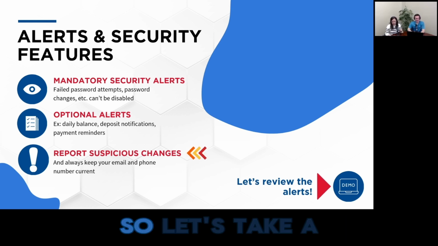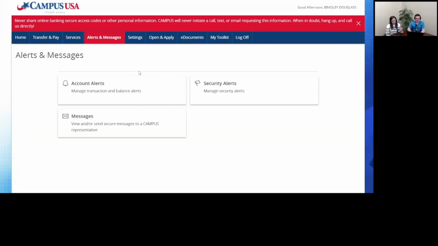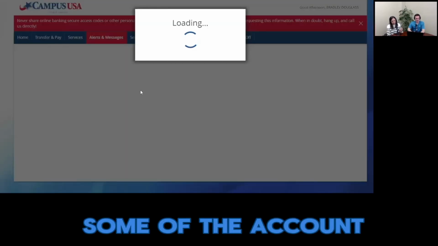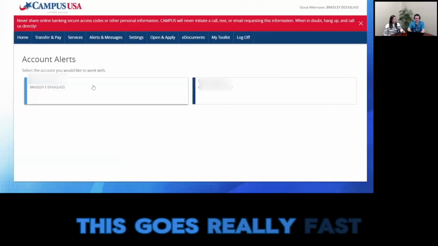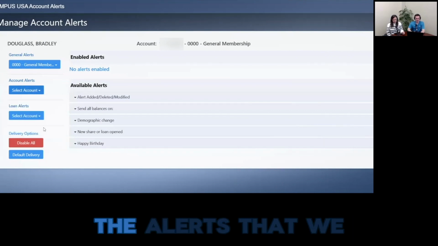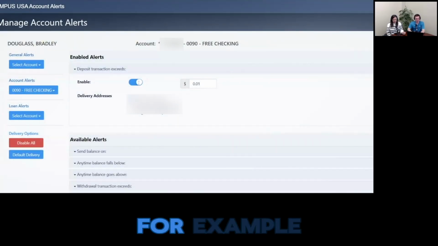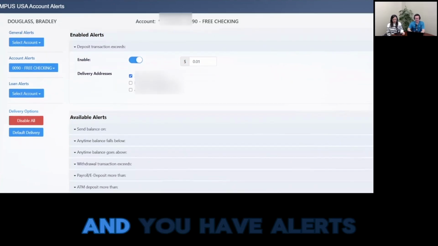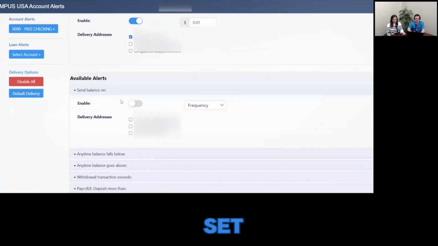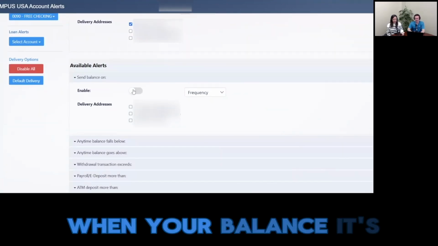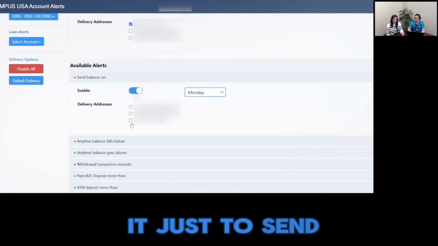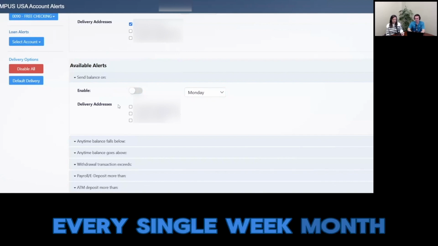Right. So let's take a look at some of these things. So if we go into the alerts and messages, let's take a look at some of the account alerts first. This goes really fast, by the way. We have our account. We can select the alerts that we have for our checking account here, for example. And you have alerts for deposits exceeding whatever dollar amount you set. You can set alerts when your balance hits a threshold, or you can set it just to send you a balance every single week, month,